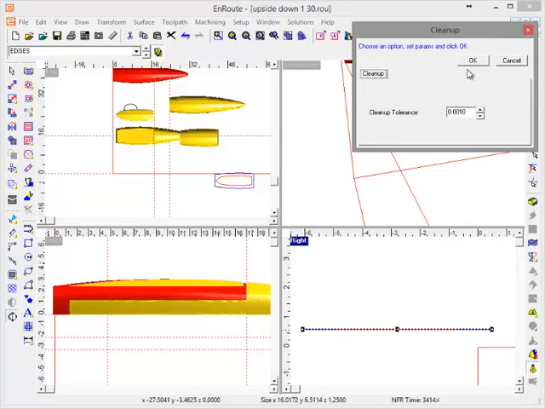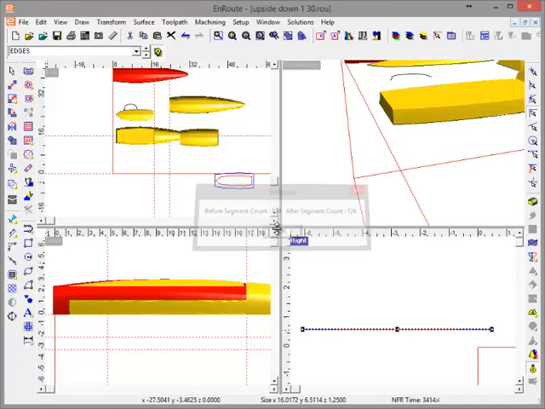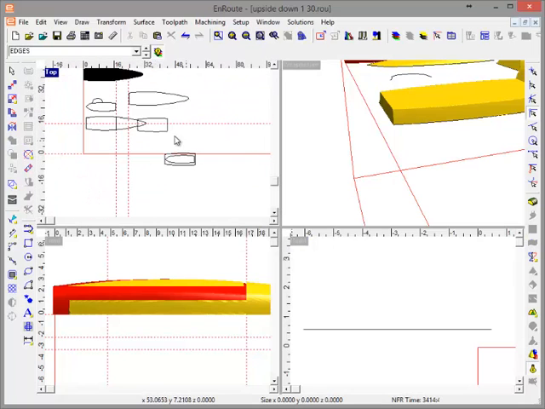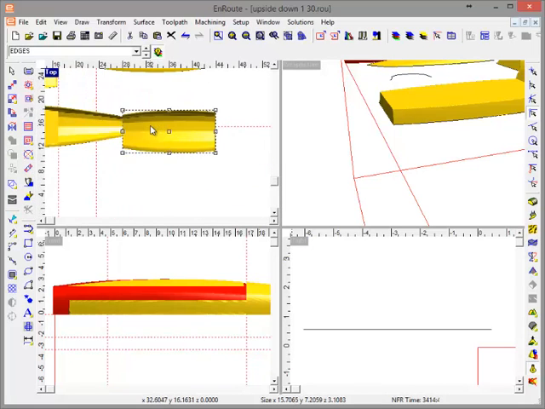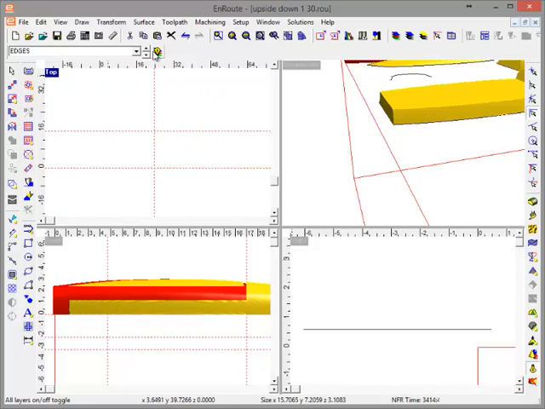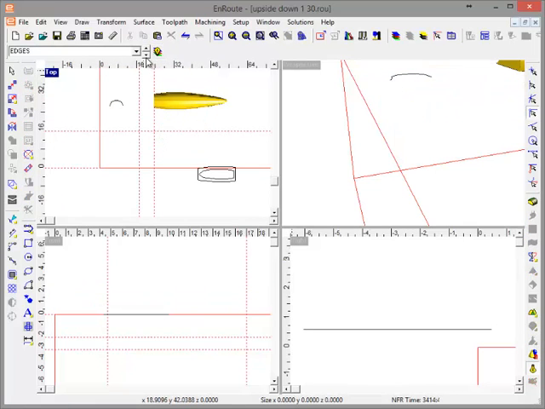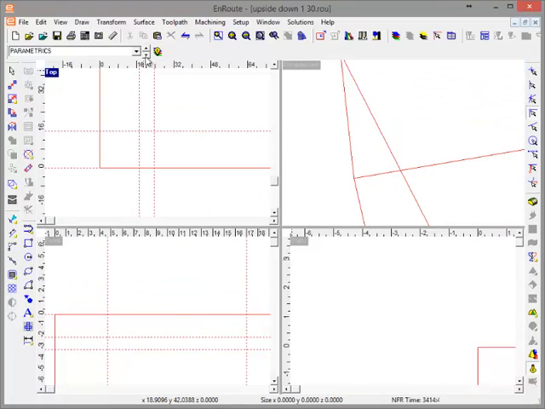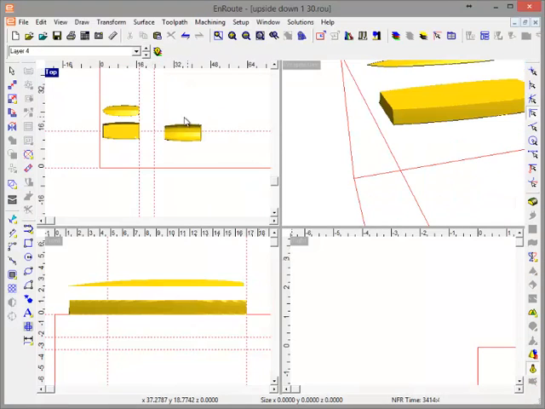Do another cleanup just to get rid of any unnecessary points. All right, so now I have a good shape here. I lost my middle slice, so